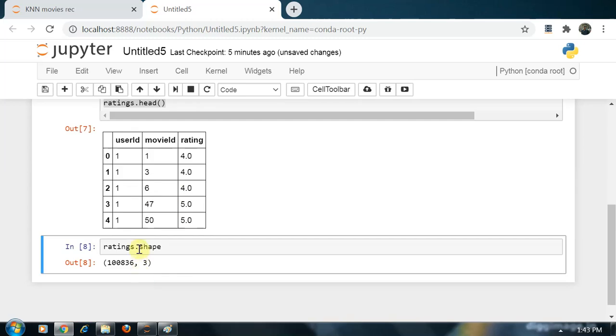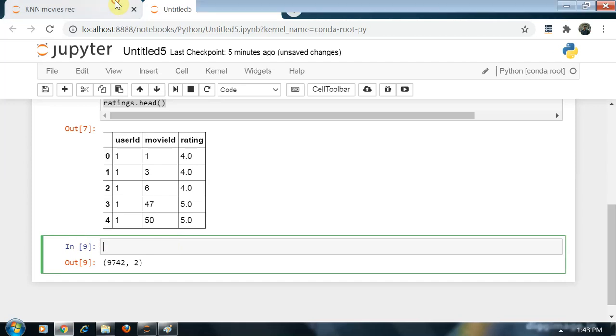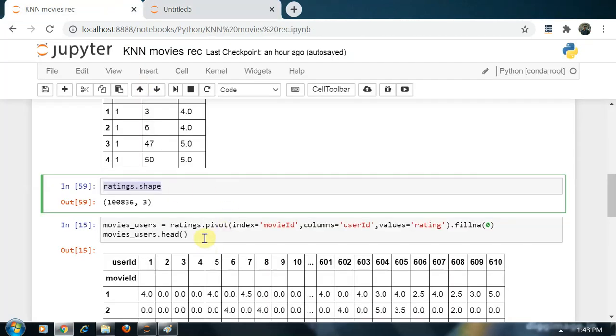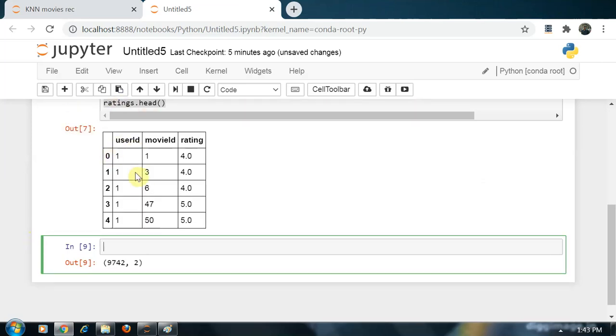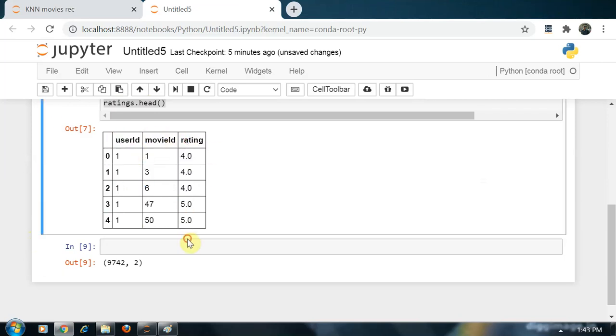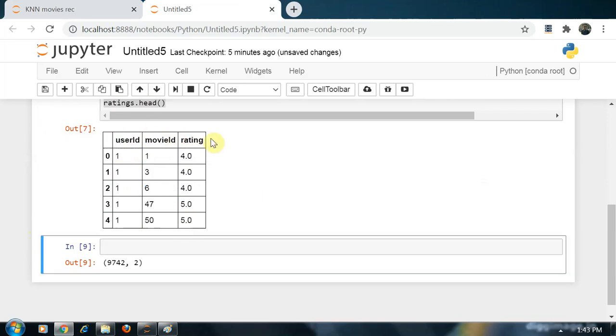And for movies, a total of 9742 rows, that is movies. Considering only the ratings data frame, I have 3 things: user ID, movie ID and ratings. This is the shape of my data frame.